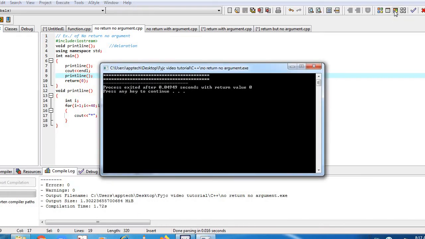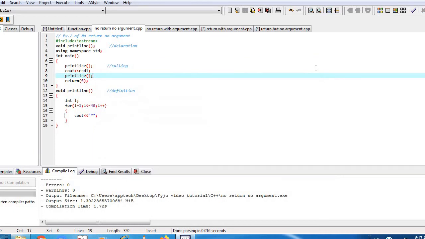Now it will print the asterisks in another line. So I just need to type printline and automatically it will be done. By just doing declaration, calling, and definition of function, you can call the function as many times as per your requirement. So this was the program of no return no argument.